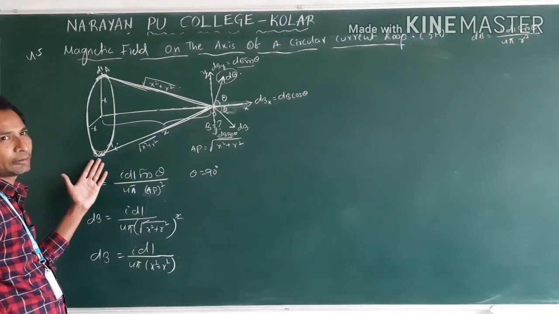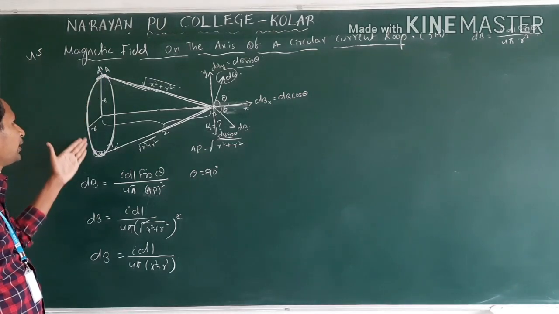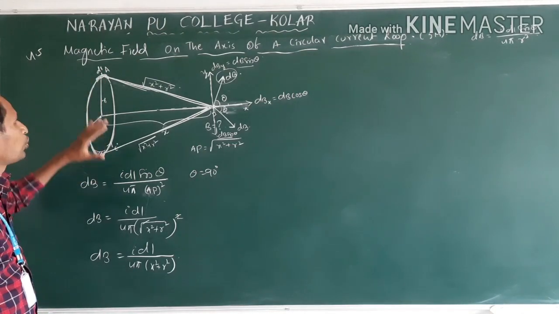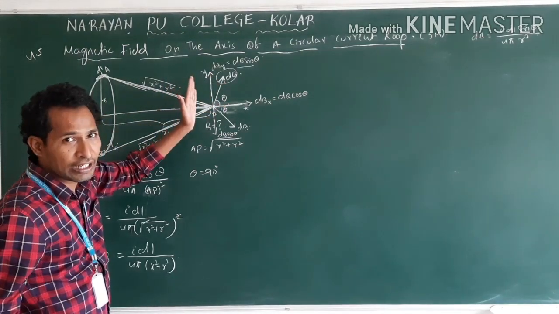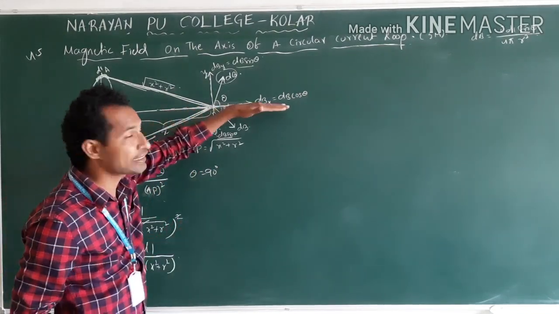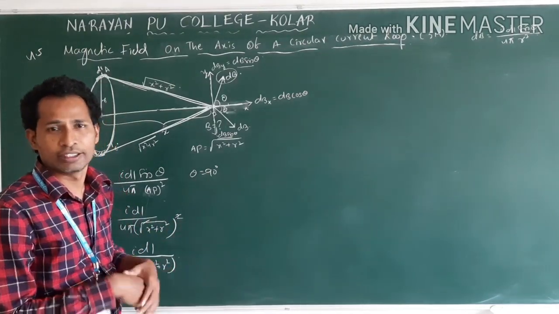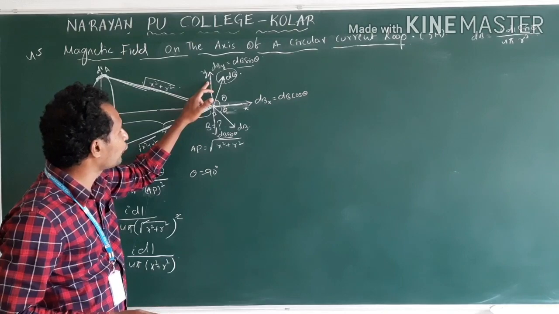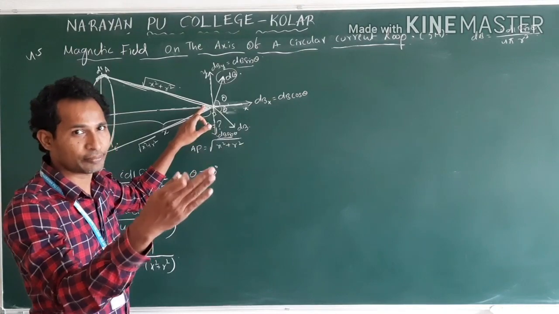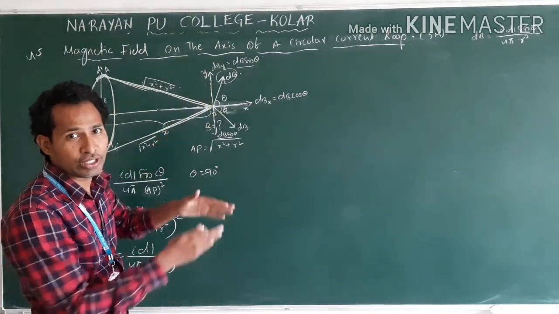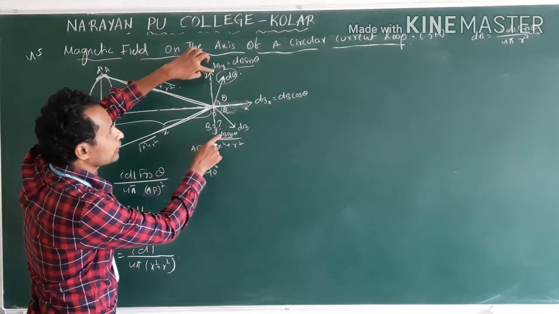Suppose you take an element here, compulsorily we need to take it. Reason: we need to add all elements to get total magnetic field. So what I want to say is, the component of dB along y direction, all will be cancelled. Only the component along x direction will not cancel. That contributes to the total magnetic field. Understand? So the small fields due to small elements, their vertical components will be cancelled by each other because they are equal in magnitude and opposite in direction, of diametrically opposite elements. dB sin theta will be cancelled.